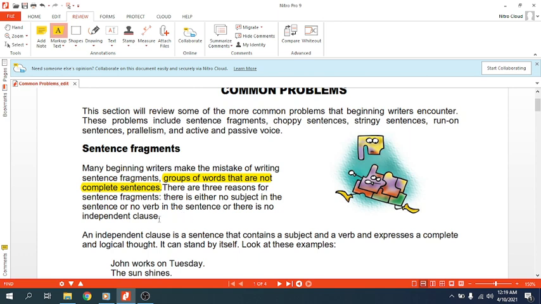So you have learned about independent and dependent clauses, and you know that when a clause is a dependent clause, then it cannot be a sentence. Okay, so you can't write like "because it doesn't make sense," full stop. So you cannot write like that. It has to have an independent clause that accompanies the dependent clause. Okay, so let's see here.